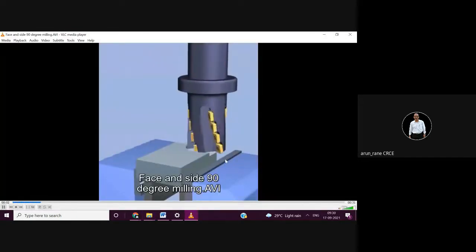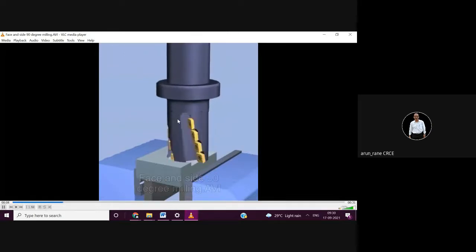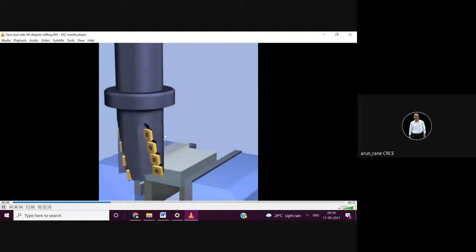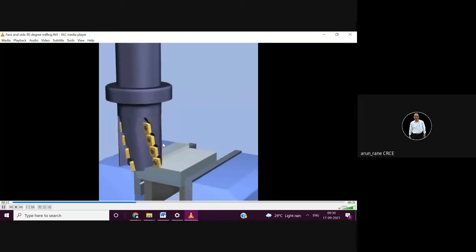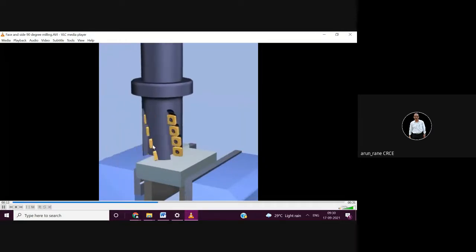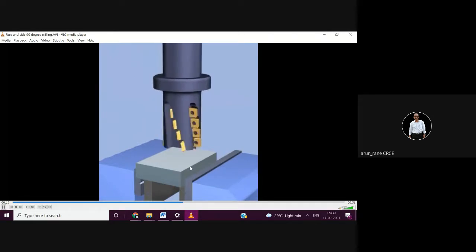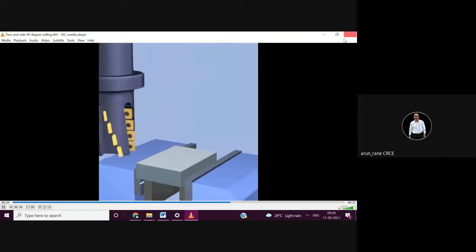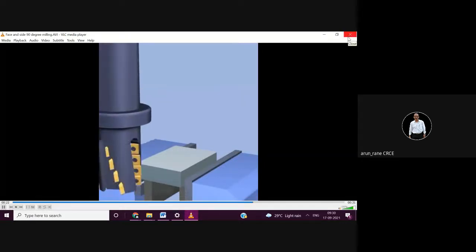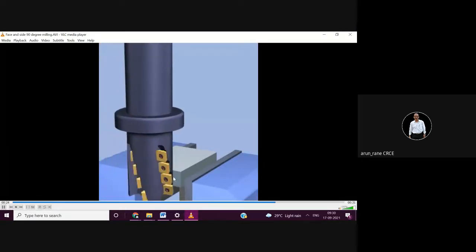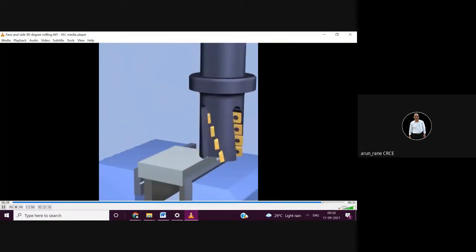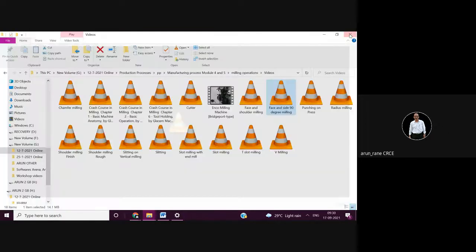This is again if you want to take deep cuts for higher material removal rates. This is called the staggered face milling cutter, face and shoulder milling cutter. Staggered. See, there are 16 inserts, so the material removal rate will be very high. Now this is also doing the sides, so you get this face and this face exactly 90 degrees.